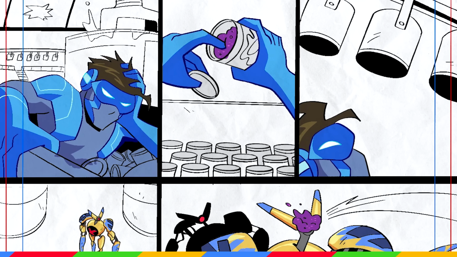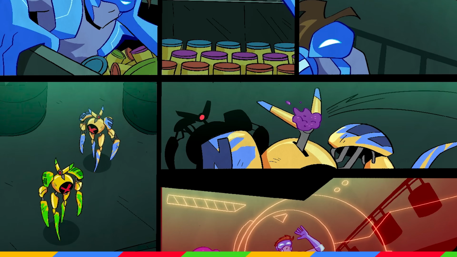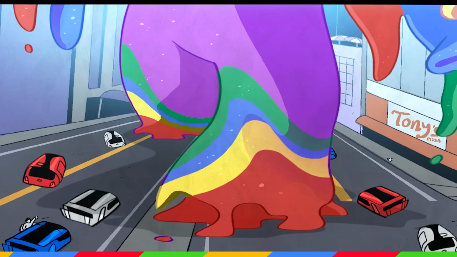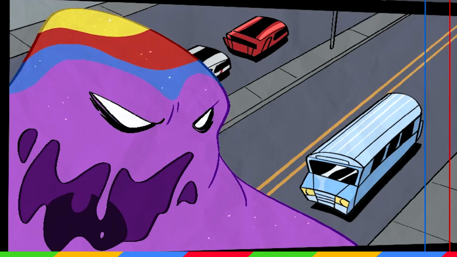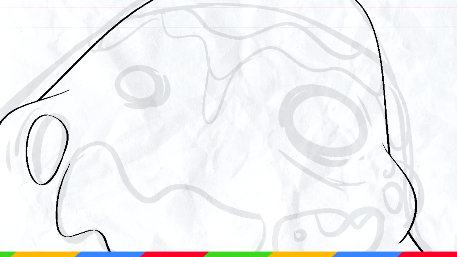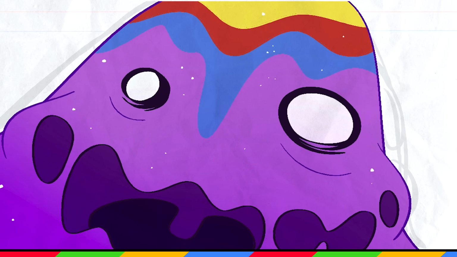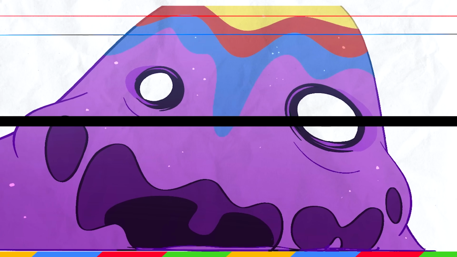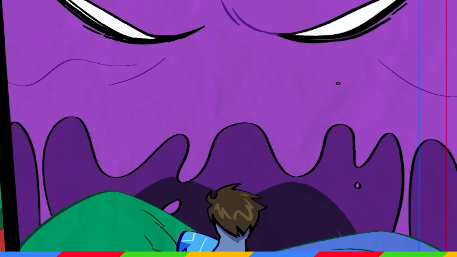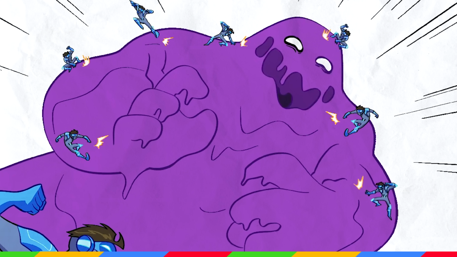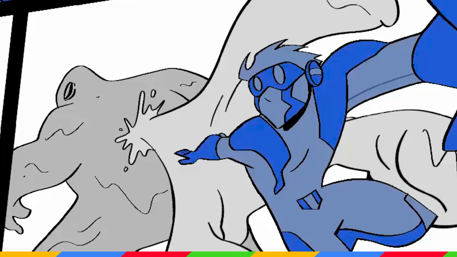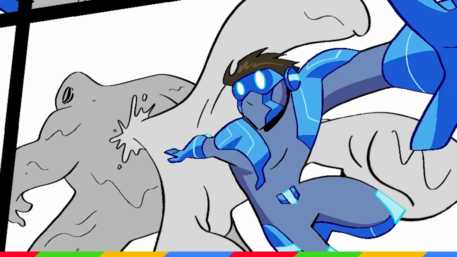This also means that once I've drawn every Bullet Boy, I'm left with drawing everything else, like buildings or cars, which I'm not the best at, but the only way to improve is by doing it again and again. And in some cases, it helps if they're blocked by a huge blob of clay. While Bulk didn't have to look exactly the same in every panel, because he's constantly changing shape and reforming, he did present other challenges I didn't expect. There were a few times where it was a real challenge to find new ways to show Bulk's scale, especially in panels that show Bullet Boy and Bulk at the same time. Up angles, down angles, forced perspective, I did a little bit of everything.